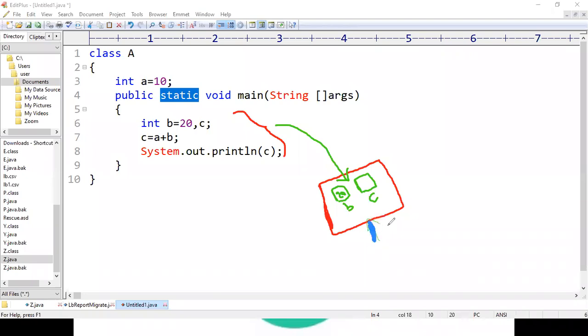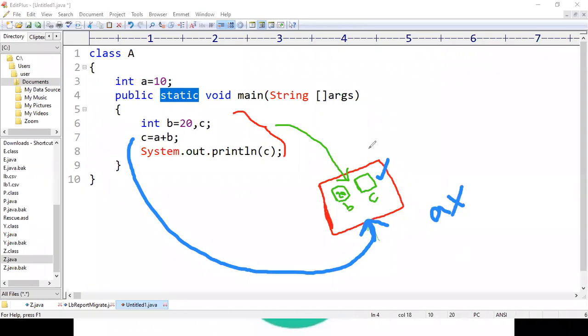Whenever it encounters c equal to a plus b, it is going to search the variable c, the variable a, and the variable b in order to execute the second line inside the main method. If it starts searching, it finds variable c, it is okay, but it does not find variable a.